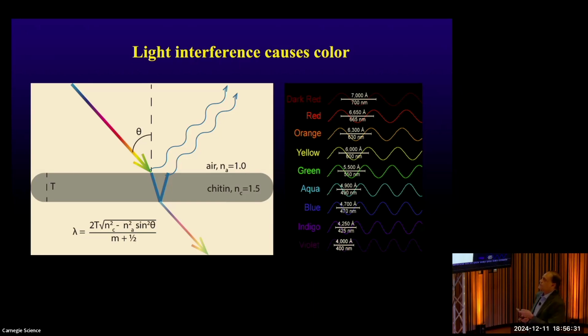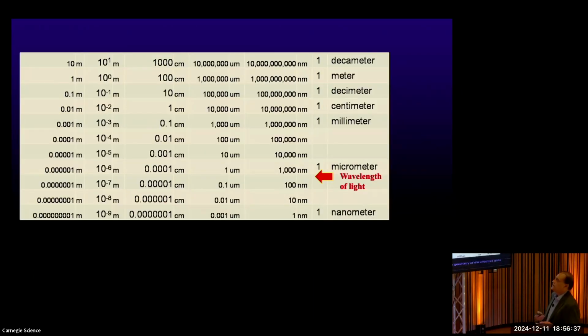But for a butterfly to do this, it has to control this thickness or the geometry of the structure quite precisely. Okay, so how thick do you need to be, or what's the size that we're talking about? So the wavelengths of light are in this area, I'm just giving you an idea of sizes, between 1,000 nanometers and 100 nanometers, okay? How big is that? So often, for better or worse, we compare things to how big a human hair is, right? So human hair is about 100 microns, a typical hair in diameter. So you're talking two orders of magnitude thinner than that, okay? But the butterfly has to make it in a very, very precise way to do that.